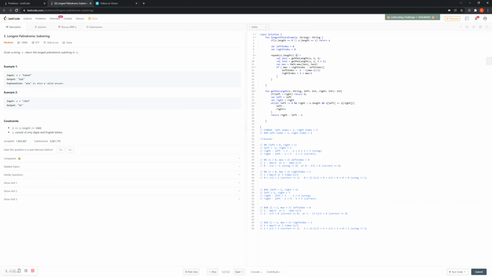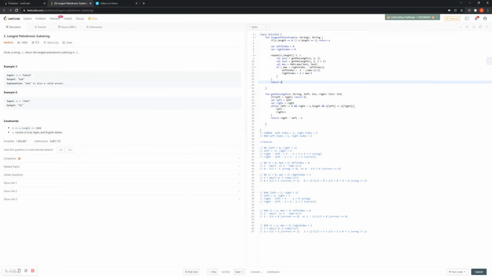We check to make sure that the one we found is greater than the current max size in order to update the left and right index. Finally, we want to return the substring from the left index to the right index plus 1, so that it returns it correctly. And then we'll run the code